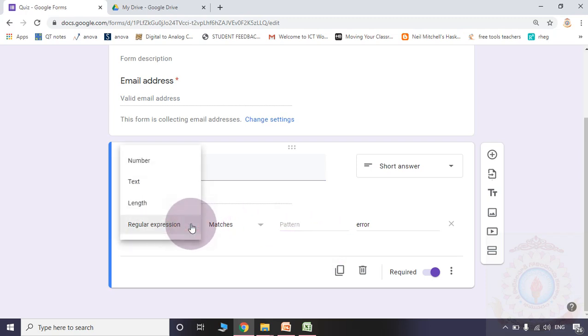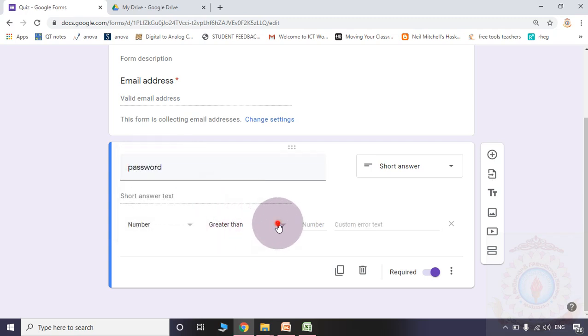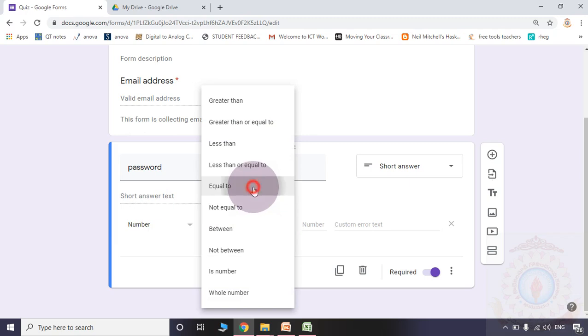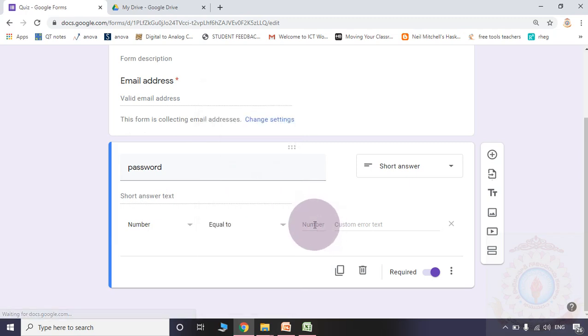Please observe, in the place of password, if you are considering the number and the option equal to, and you give one number like 1 2 3 4 5, that will be used as the password. If you want to use more than one number, suppose 10 students are there in your class, roll number 1 to roll number 10, and you are giving numbers to them.